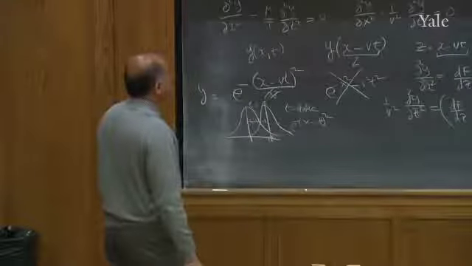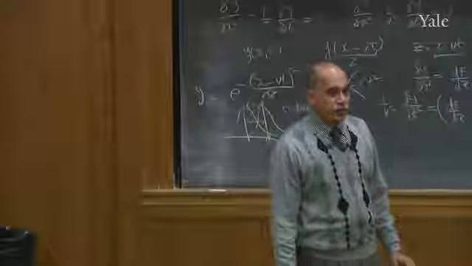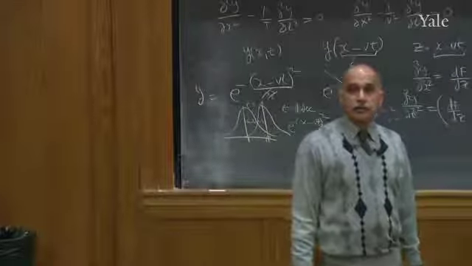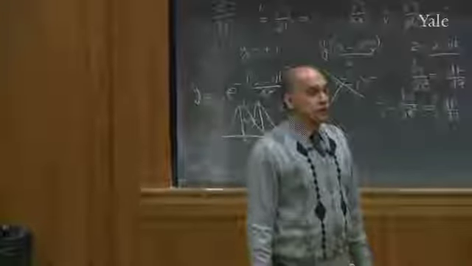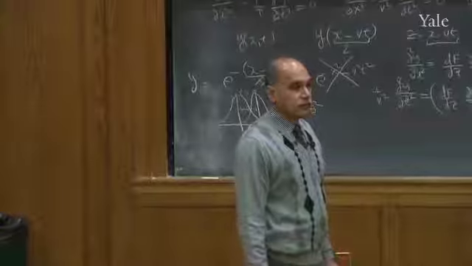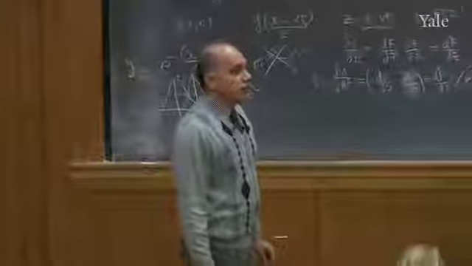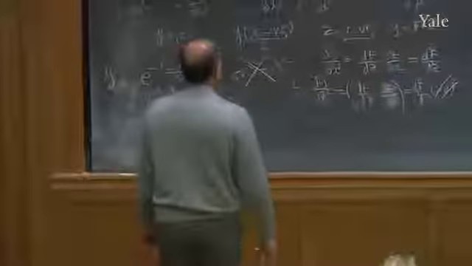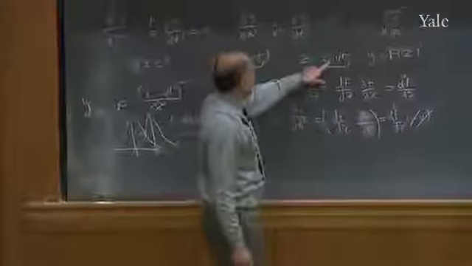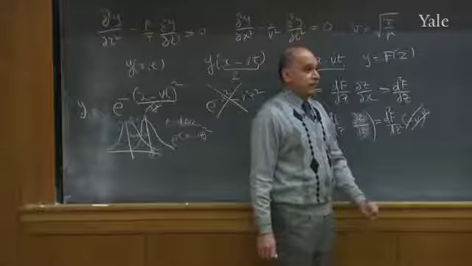Now, can you think of another family of solutions besides this one? Why should the wave move to the right? Do you understand that if it is x plus vt, you go through this derivation, you'll get a plus v squared instead of minus v squared, and that doesn't matter.